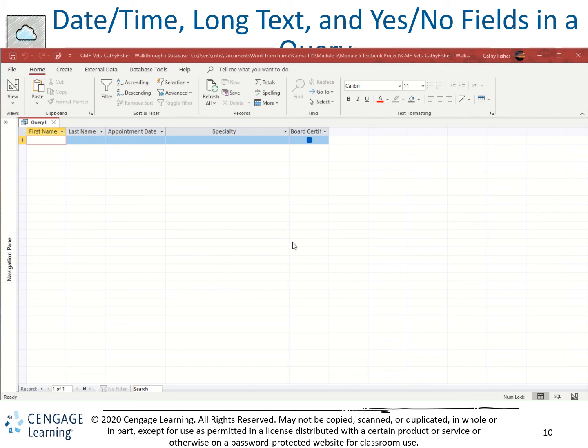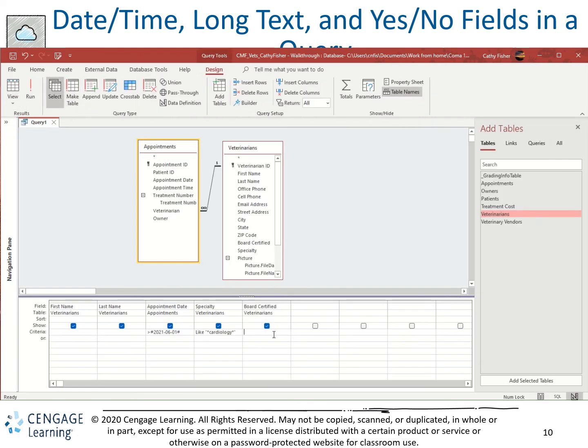So I went back and looked, and nowhere did I find that they wanted me to add in an appointment for Carl. However, we're just going to be closing and not saving this query anyway, so it's going to be okay. So I'll go back into design view. And if we wanted to see whether they were board certified, because it's a yes/no box, we would type in the word either yes or no. So I'm going to take out the appointment date for this guy because I'm not going to be saving this anyway. And we will see cardiology, so the specialty for the veterinarians would be cardiology, and board certified as a